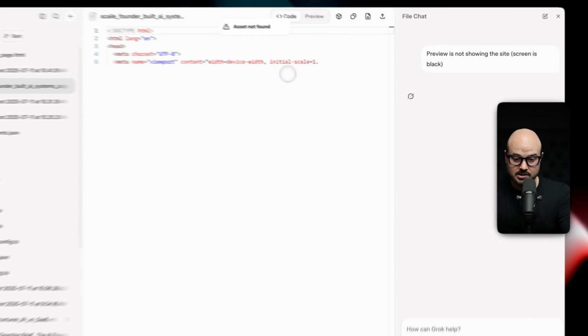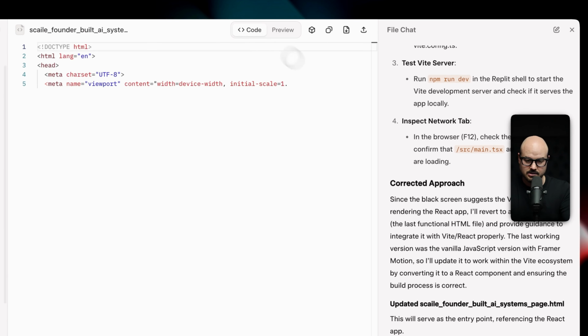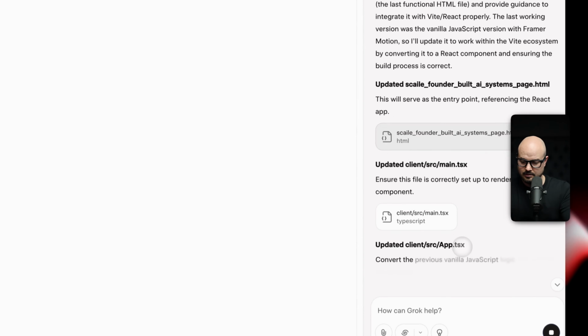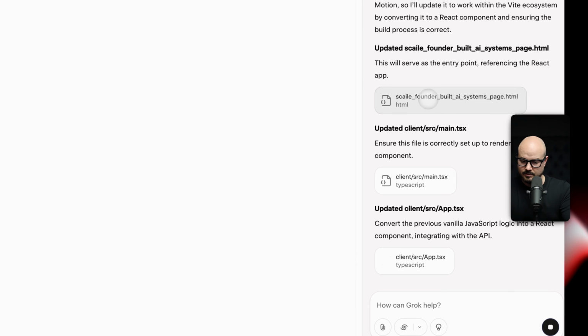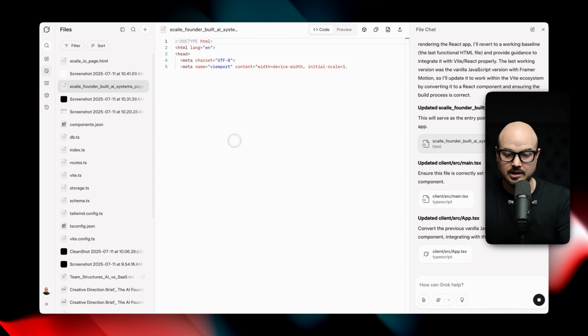Then what will happen is, yeah, I'm not even sure what happened. Okay, so it completely removed that code. It's giving me separate coding files, but this is not what we want, right? We want to ensure that the site can be built, at least on here, and what you can then do